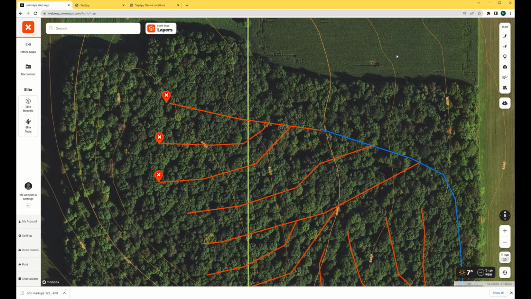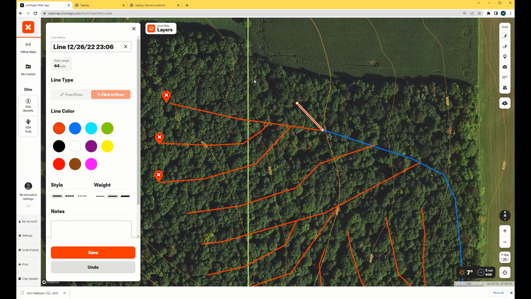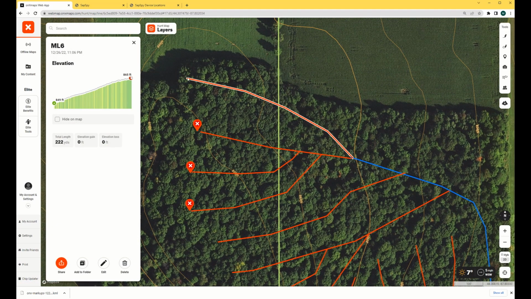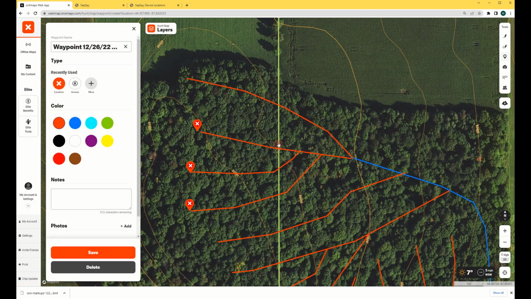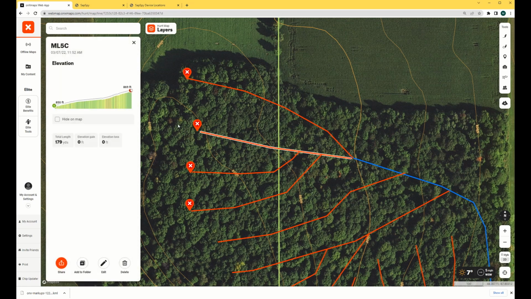Just so you know what that looks like, I'm going to use the draw tool. I'm going to draw this line out. Once I'm done drawing that main line, I'm going to name it. In this case, I'm going to call it main line 6. We'll click save. And now it's just a main line. Now I want to add a waypoint at the end of that main line. So I'm going to add that here. I'm going to call it mainline 6. We'll click save. So at this point, we have ML6, which refers to mainline 6, and then we have